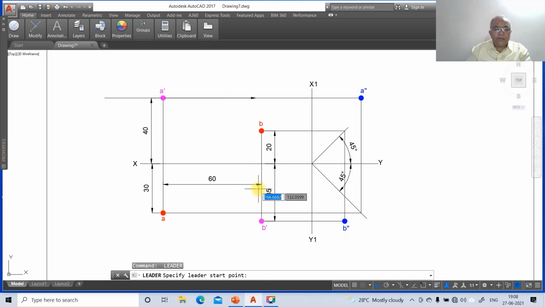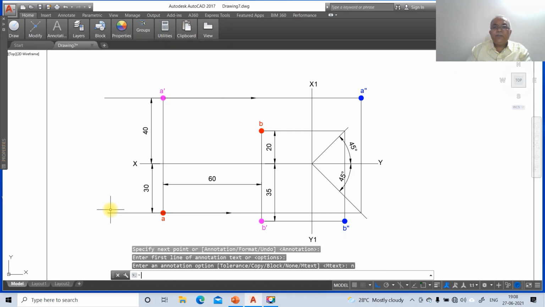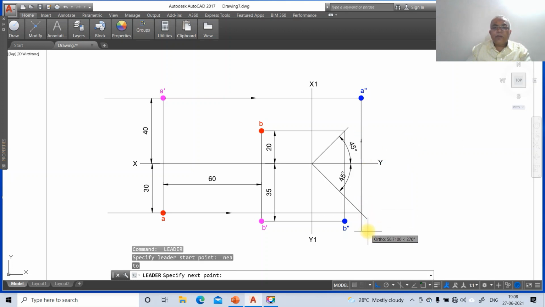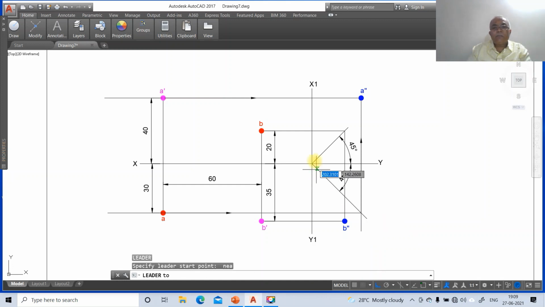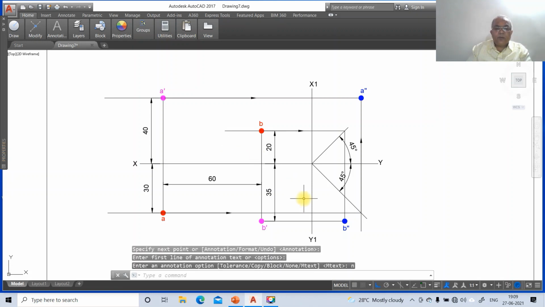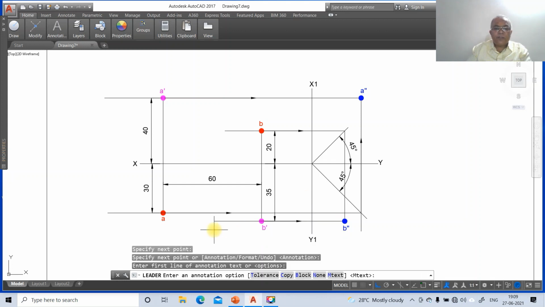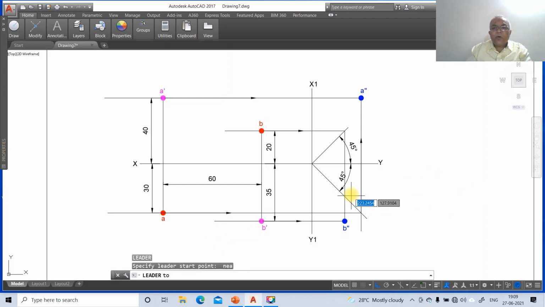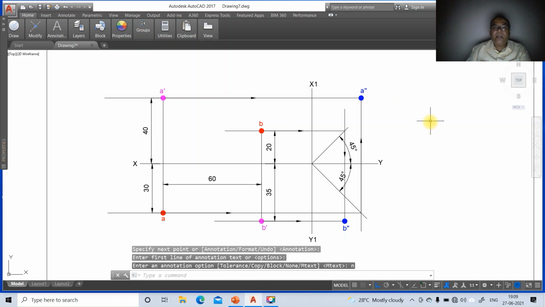Similarly leader, nearest, then go to annotation, option, none. Similarly leader, nearest on this. So annotation, option, none. Similarly leader, so go to nearest, annotation, options, none. Then go to leader, nearest on this, annotation, option, none. Then go to leader, nearest on this, annotation, option, none. Then go to explode,